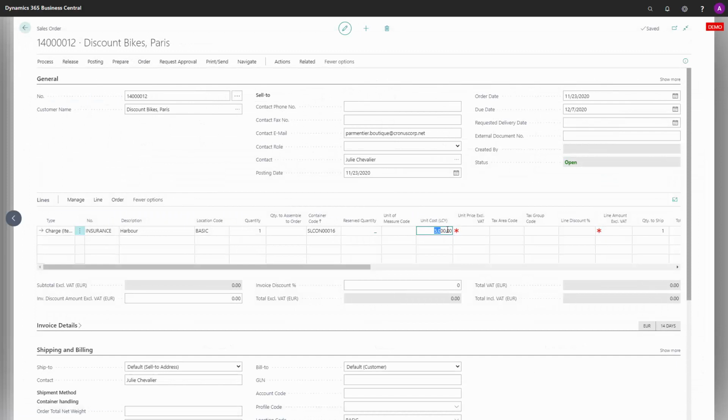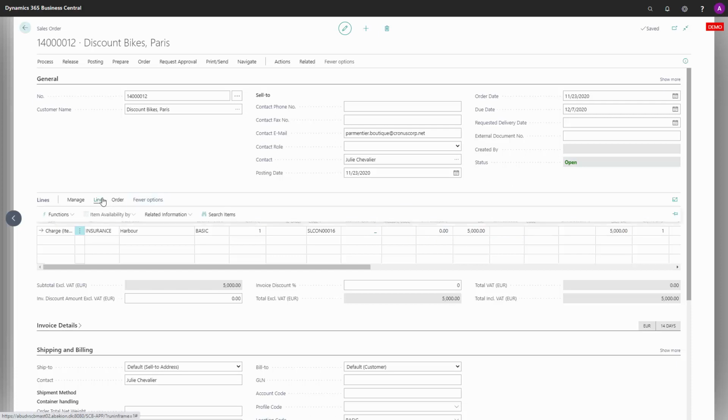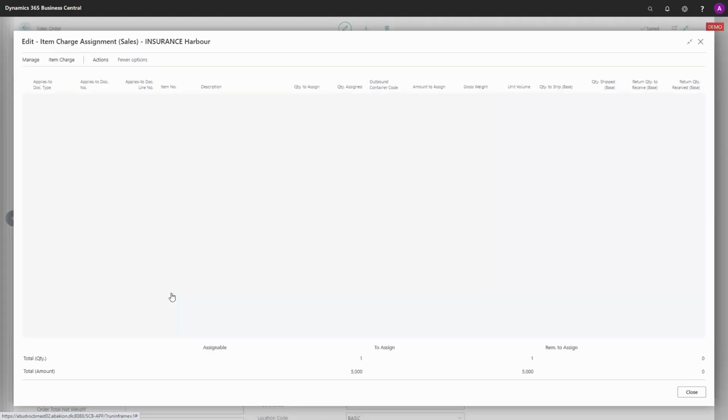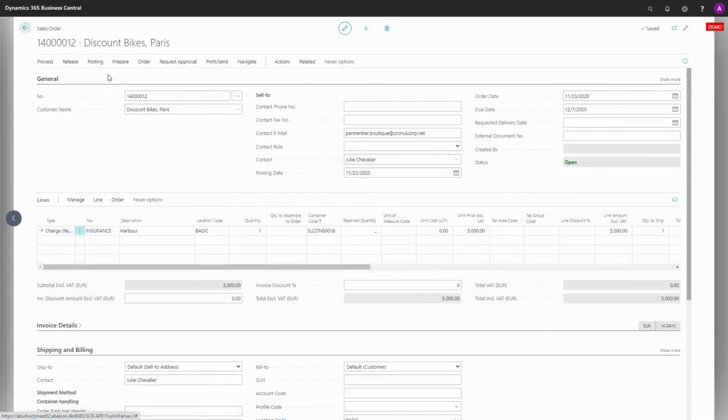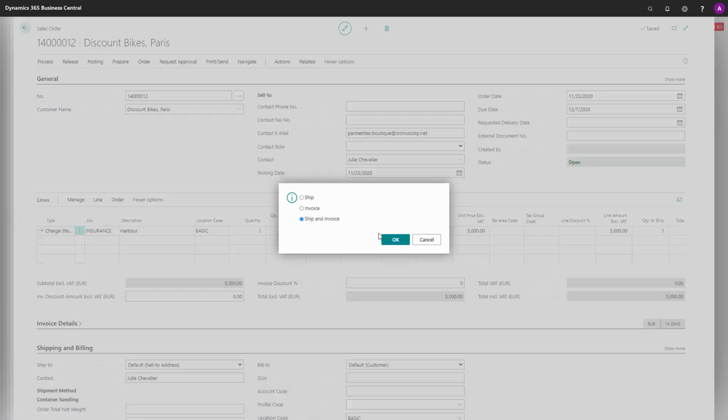oh, there's an error here. It wasn't the cost, of course, that I meant. It was the unit price in here that we should charge the customer. But now I'm done, and let's see if we have the item charges in here. So just, yes, like this. And I will post the sales order,